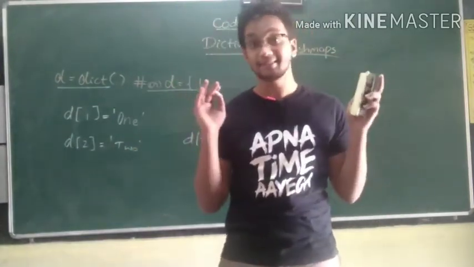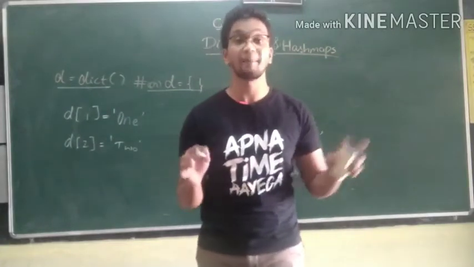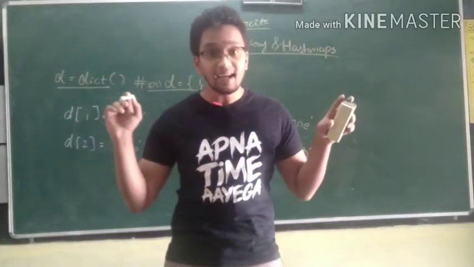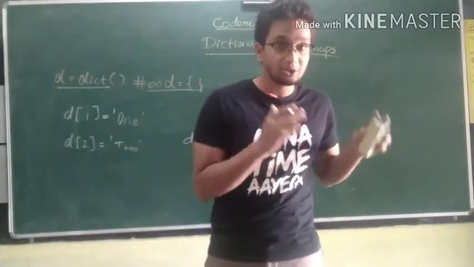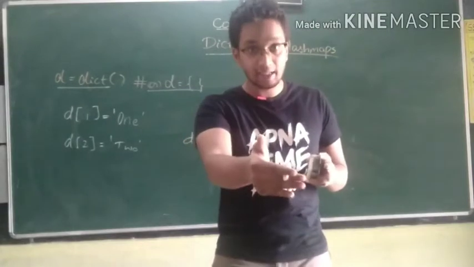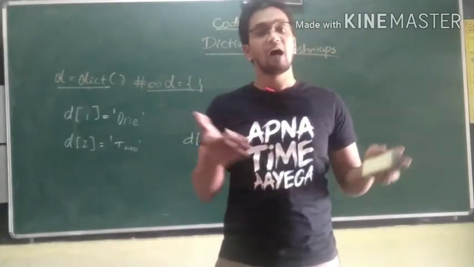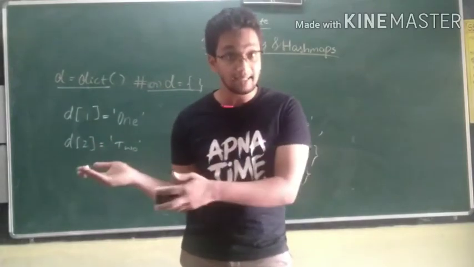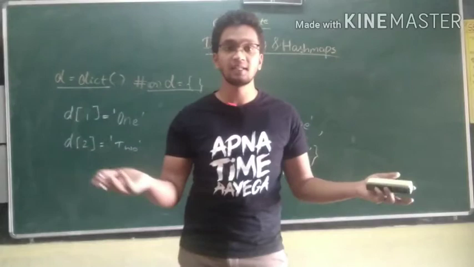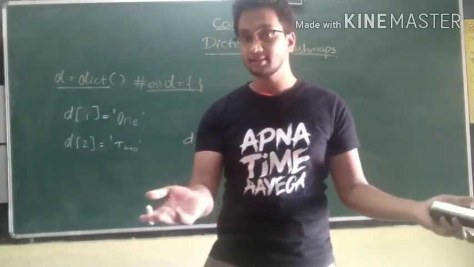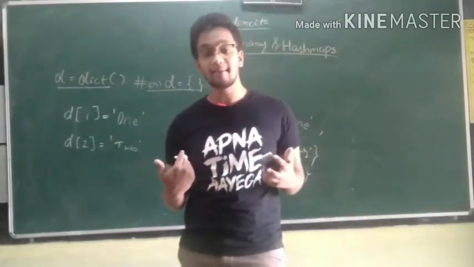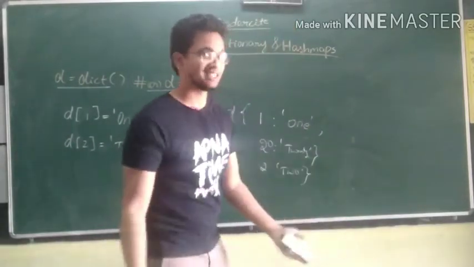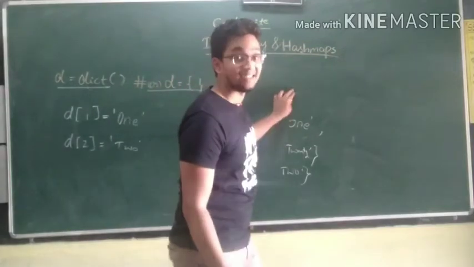So you can access the elements in O of 1 time. It is assumed to be accessed in O of 1 time, because dictionaries create a hash map internally to store the elements so that you can access the elements in O of 1. What's the time complexity of accessing the elements in an array or list? It is O of 1, right? Because you can specify the array index and you can get the element at the index in O of 1 time. That is in no time actually. It is constant time.